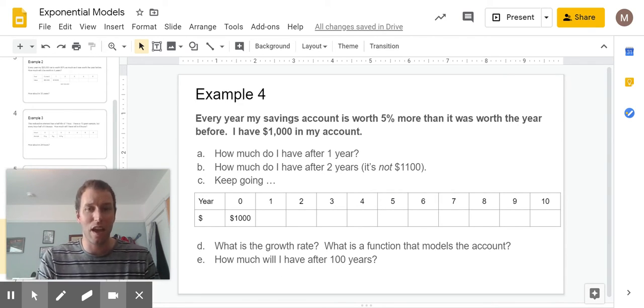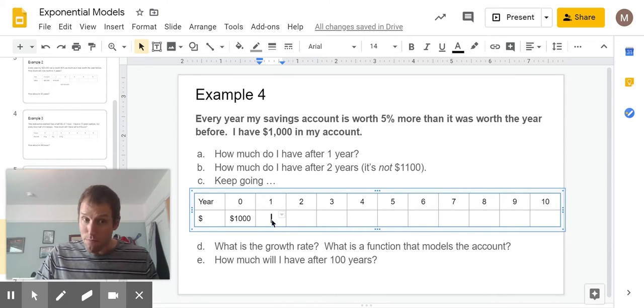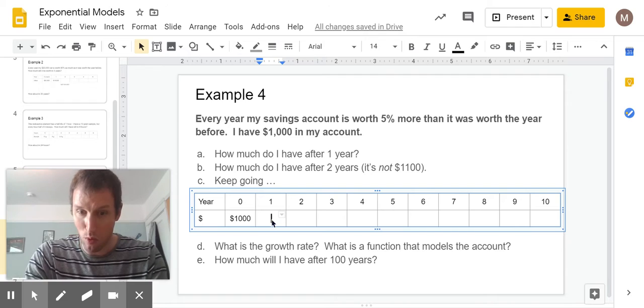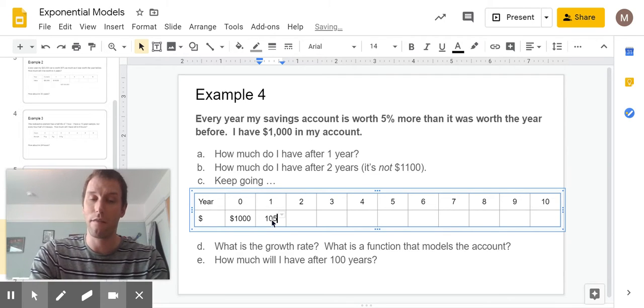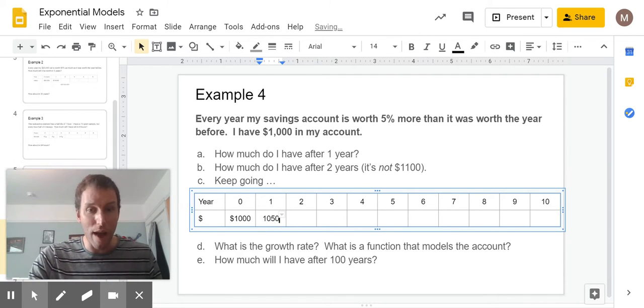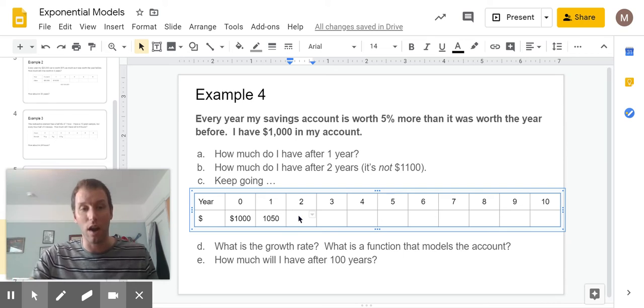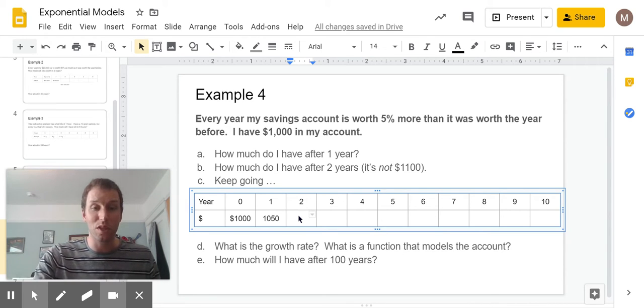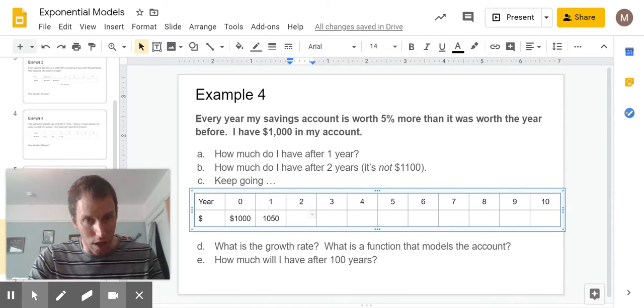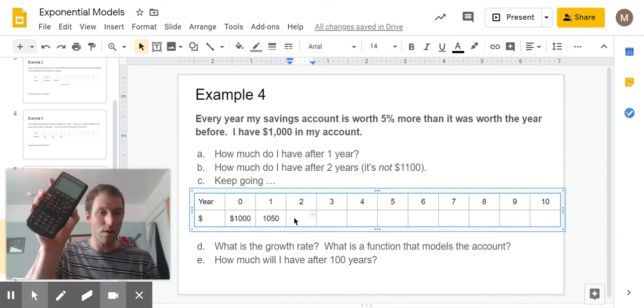Every year my savings account is worth 5% more than it was worth the year before. I've got $1,000. Year one, I had 5%, and I've got $1,050. Year two, I had 5% more, and I've got not $1,100. Again, we're not adding a constant rate of $50 a year. I'm now adding another 5% of this $1,050, which is, take your calculator out,